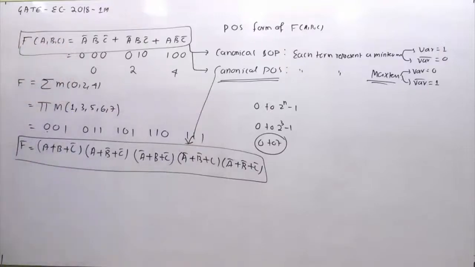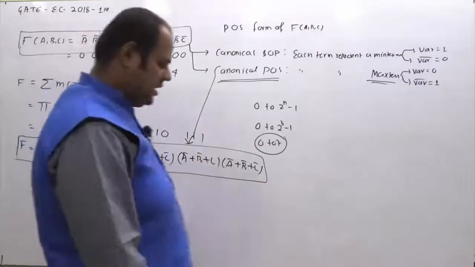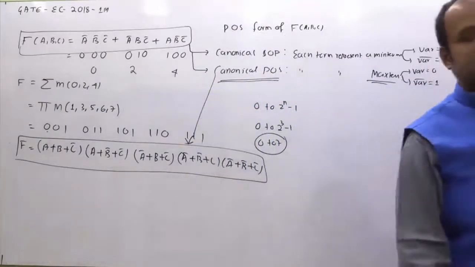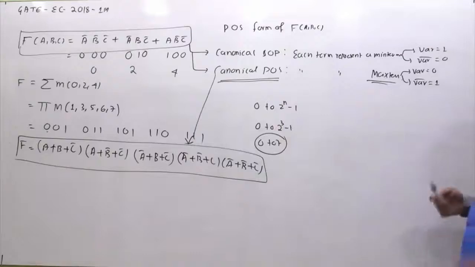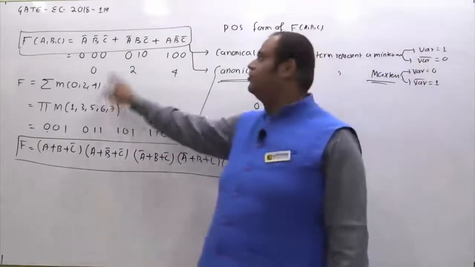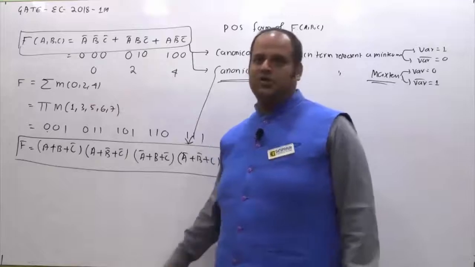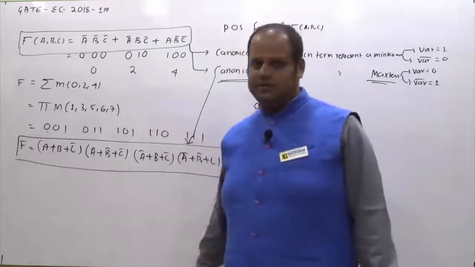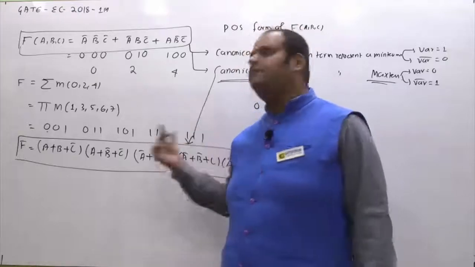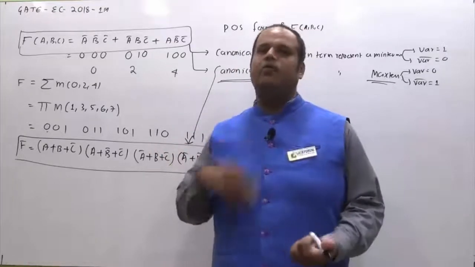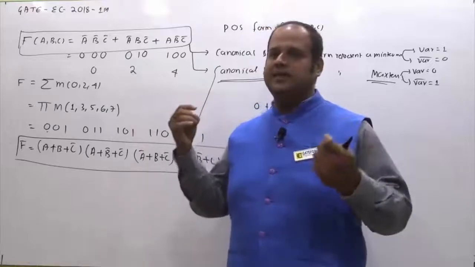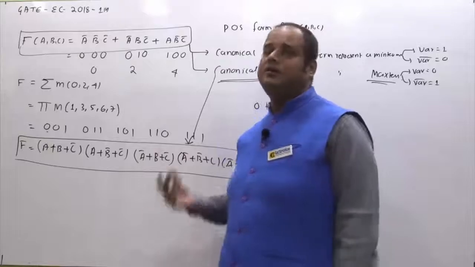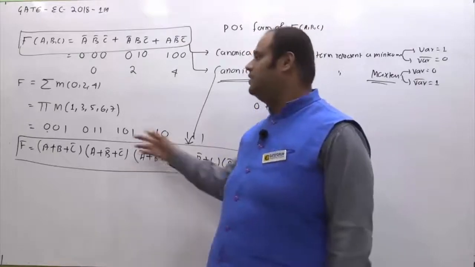Actually, to answer such questions is hardly a 20-30 second job. So the right approach is, based on the theoretical study, you can directly commit to this conclusion. If you know how to translate this, you will get it. So if there are 3 min terms, then there should be 5 max terms. By looking at the options, you can check which options have 5 terms. Any option having more than 5 or less than 5 can be easily discarded. So you have filtered a couple of options, then check the remaining ones, whether you are getting such combinations or not.